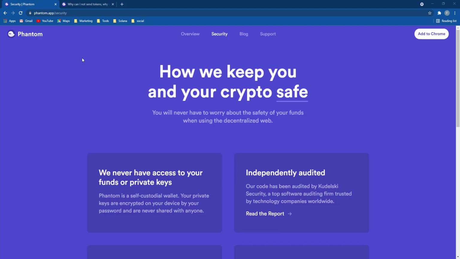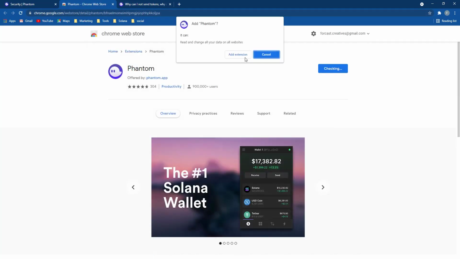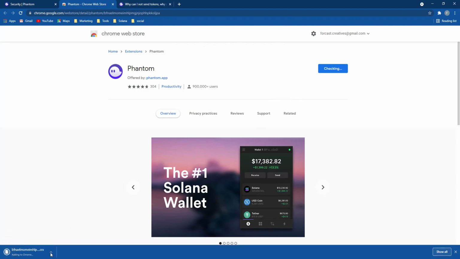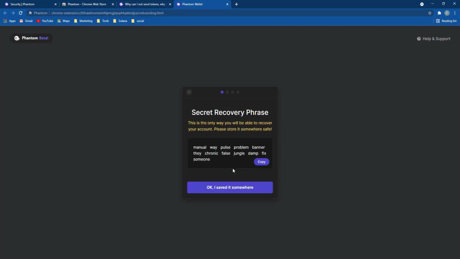To install the Phantom wallet, we are here on the Phantom website. Over here, add to Chrome. We can just go to add to Chrome and add the extension over here. It will download the extension. You can double click on it. Create new wallet. Yeah. Just copy this